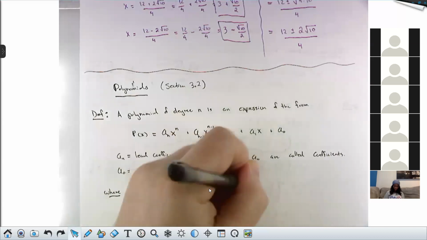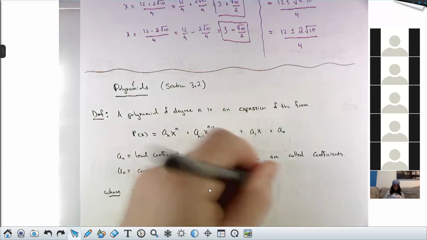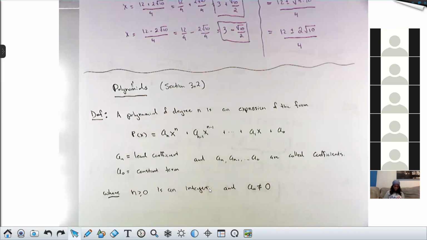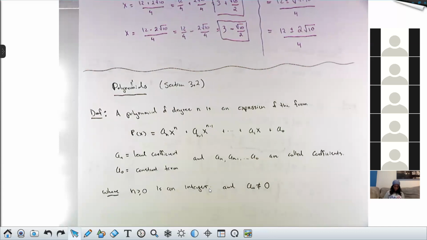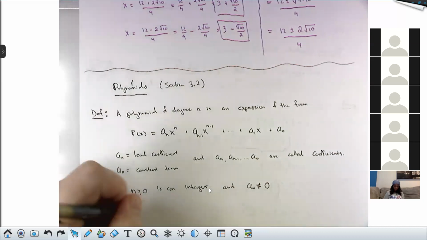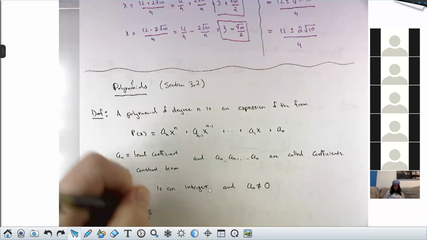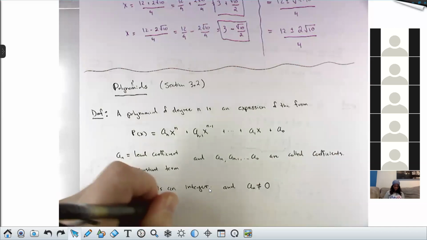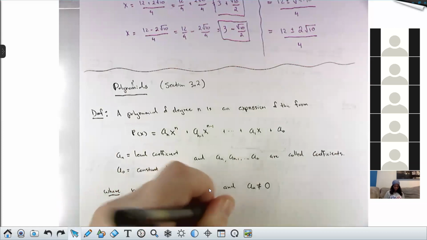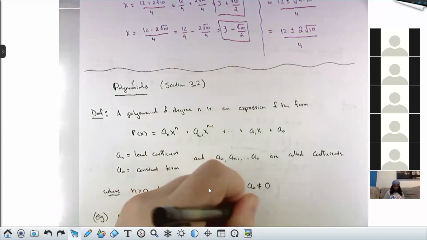And a_n, we say, is not 0, because I want this to be a polynomial of degree n. And if this number is 0, then this term isn't really here. So this is what a polynomial is. For example, if I have p of x equals 3x to the 5 plus 6x to the 4 minus 2x cubed plus x squared plus 7x minus 6,